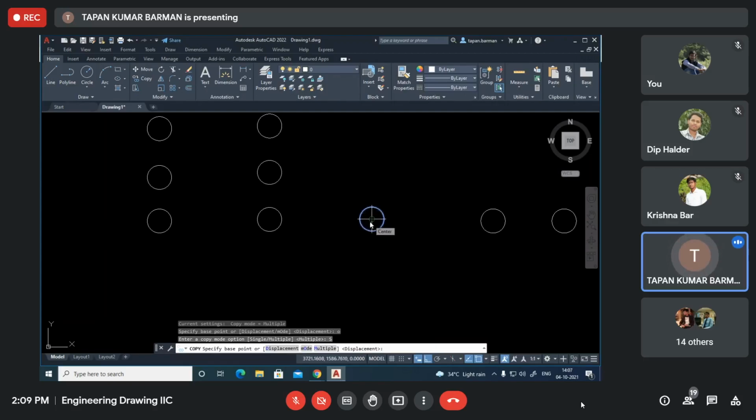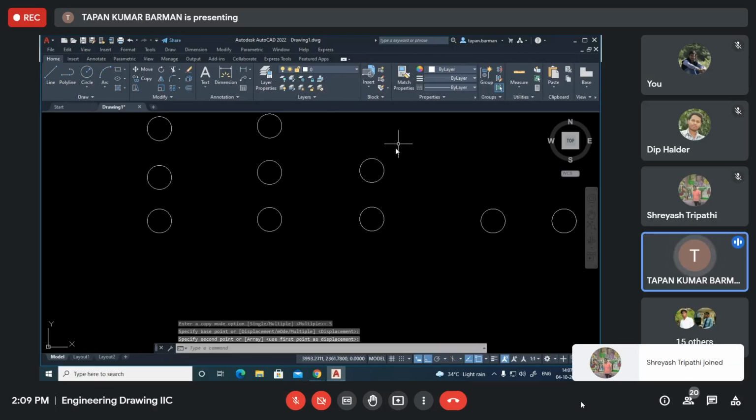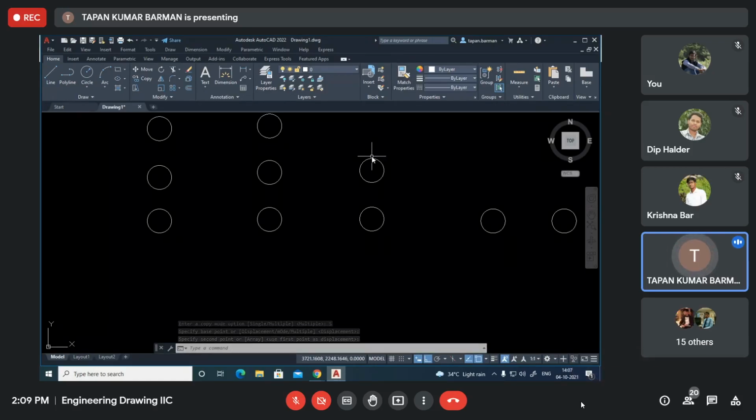Specify base point, say this is my base point. After one copy you see there is no option to make another copy of this. Again you need to take the Copy command to make another copy. Do you understand this? So here also you may change the option.